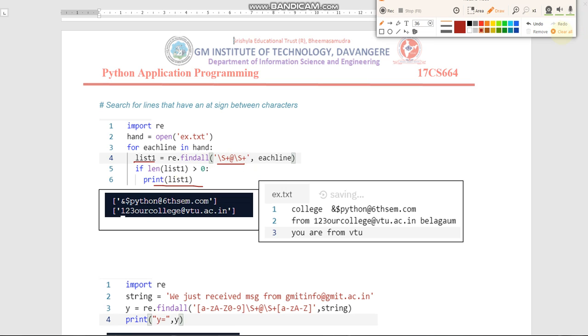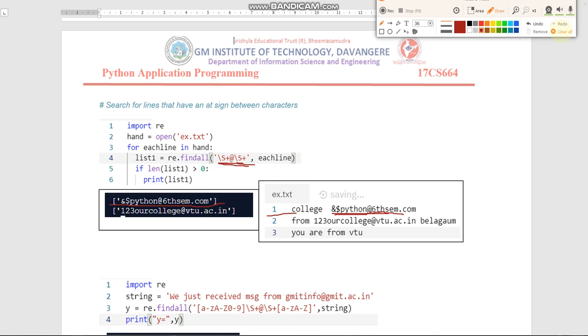Now see this one here. ex.txt contains the pattern in the first line. We need to check whether the first line contains the data which is matching with this pattern. Yes, there is an at symbol, so there is data which looks like an email ID. Just before the at symbol we don't have any space, that is not of space, and after the at symbol also we have some characters but no space. That is why this pattern is matching with this data in the first line, so we are getting that output. This is the data matching this pattern in the first line.